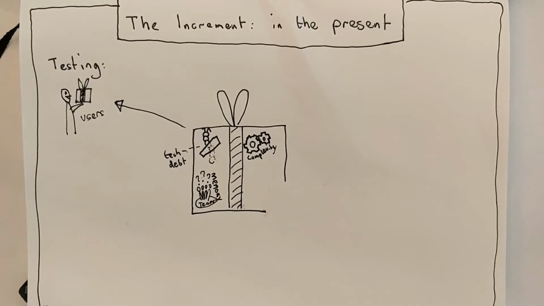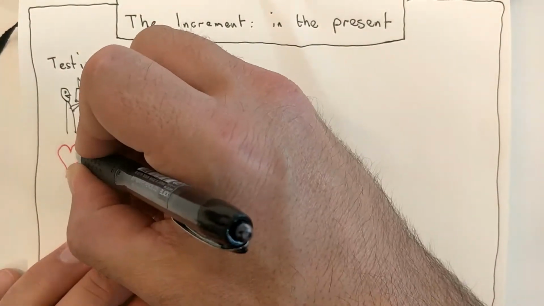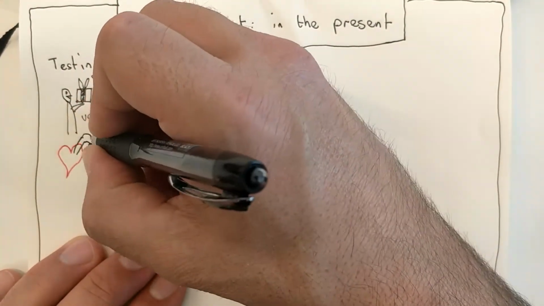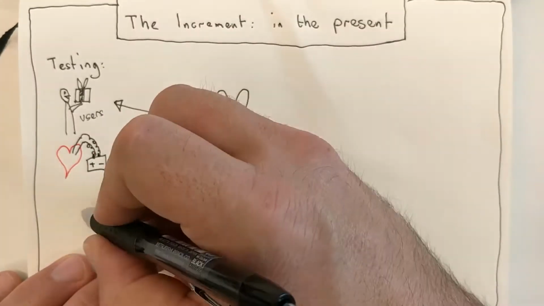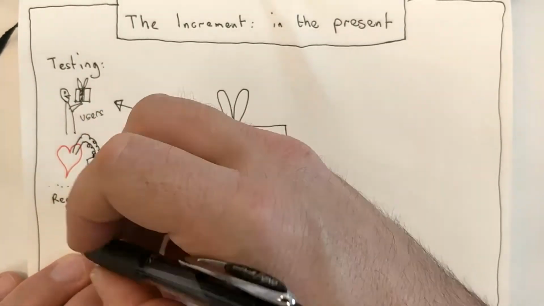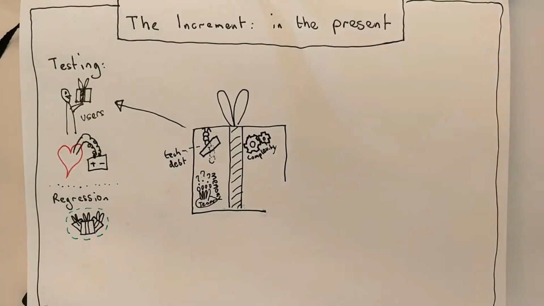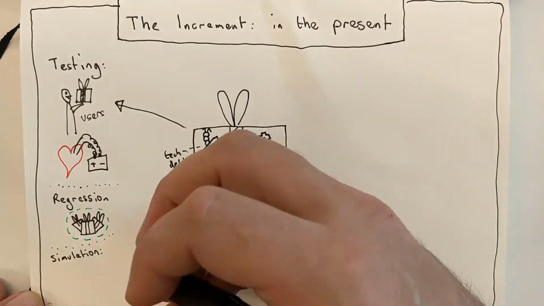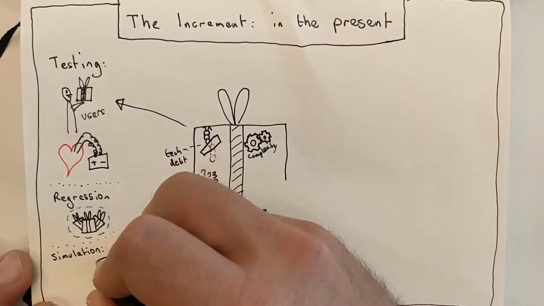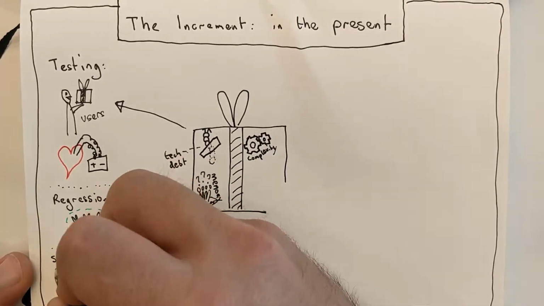User testing: release the increment to customers and observe the interaction. In most cases that may be unethical or impossible, for example the firmware on a pacemaker or the creation of a custom car seat, and so it should be preceded by regression testing, testing the increment by hand in circumstances closest to the customers, simulation or stress testing, testing the increment on a subset of fake customers, for example crash testing the car seat with a dummy,